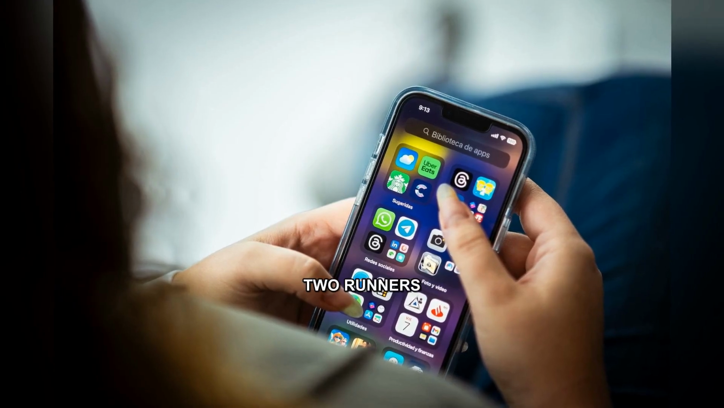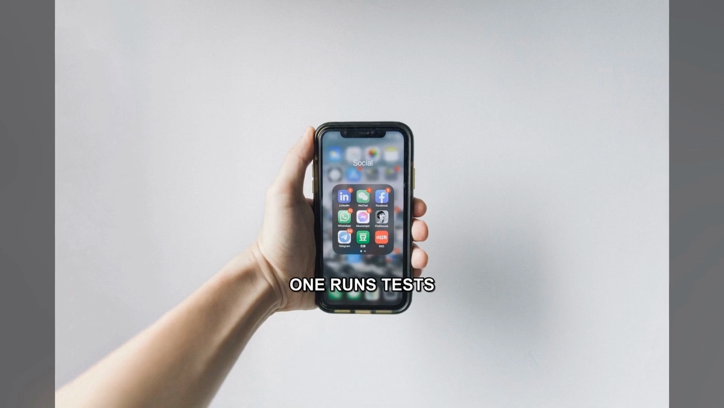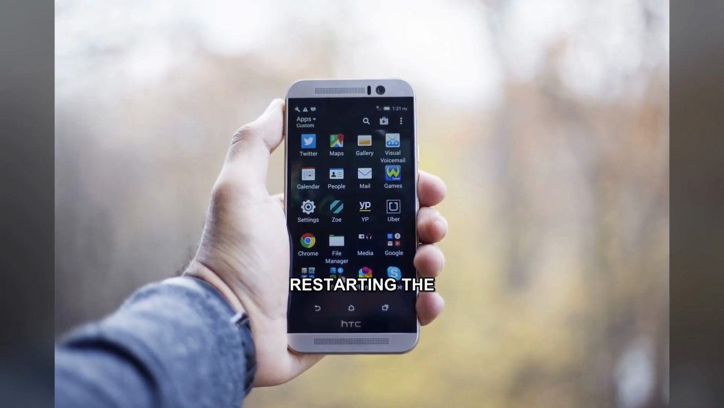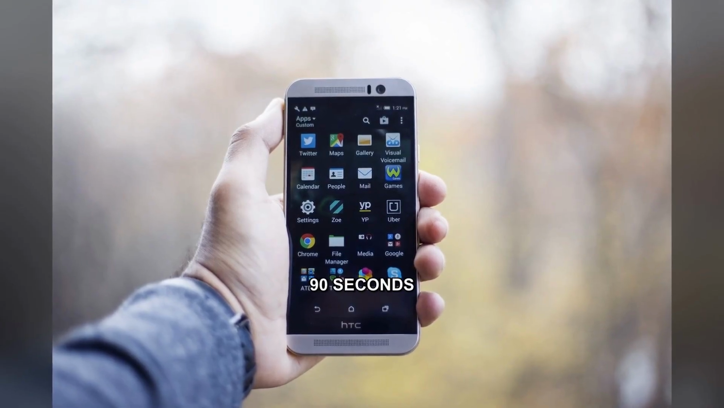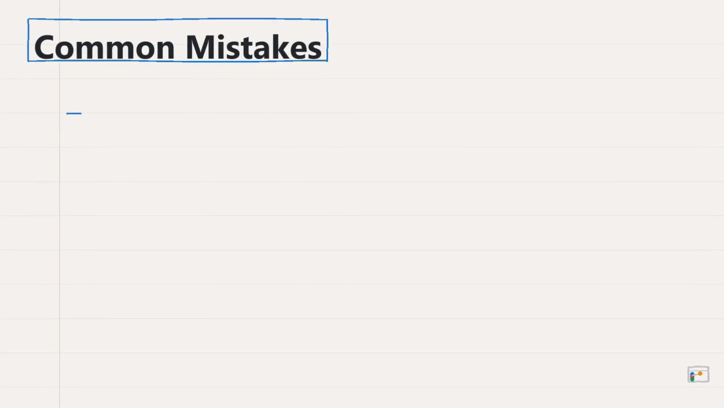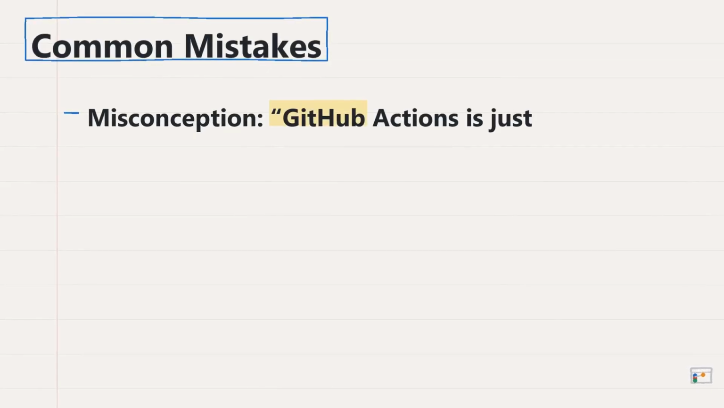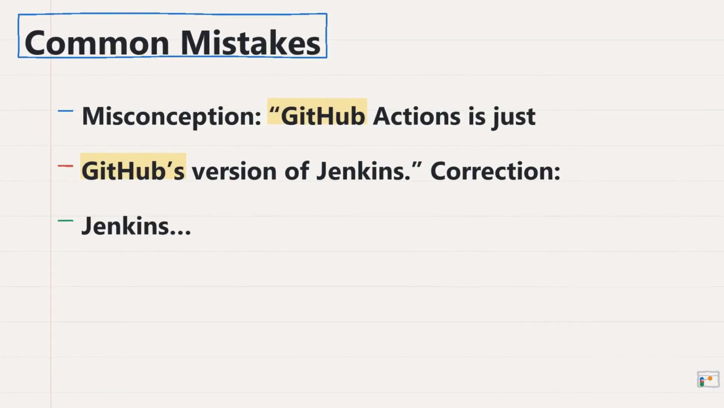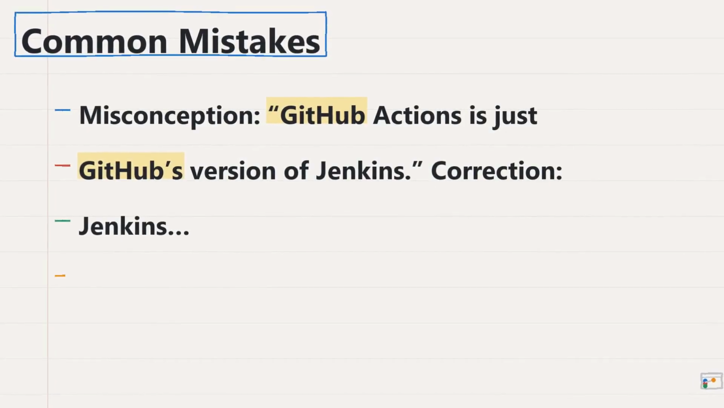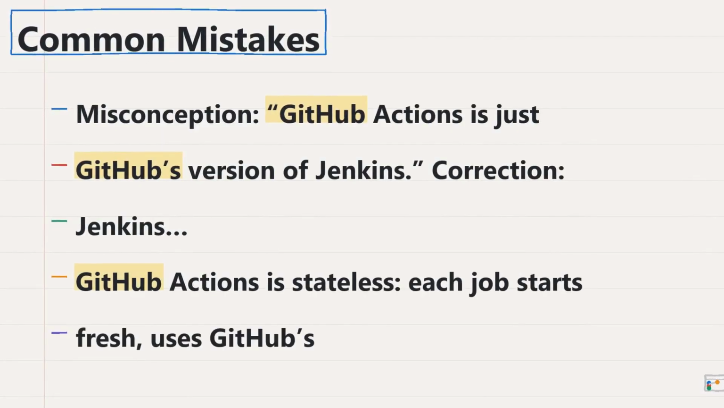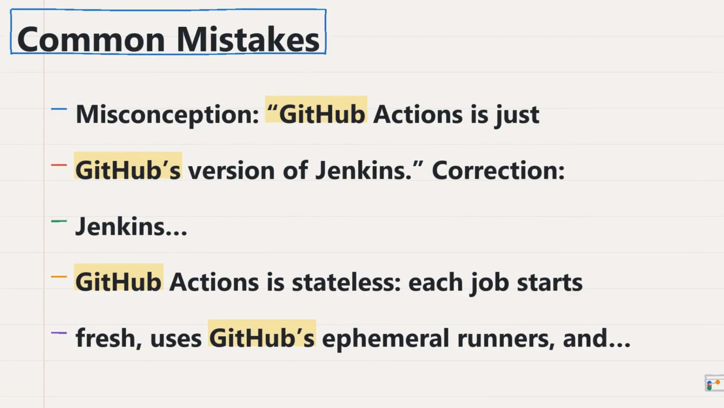GitHub spins up 2 runners. One runs tests, the other downloads the artifact and SSHs in, restarting the API in under 90 seconds. Misconception: GitHub Actions is just GitHub's version of Jenkins. Correction: Jenkins runs on your server, needs manual scaling, and stores state. GitHub Actions is stateless. Each job starts fresh, uses GitHub's ephemeral runners, and scales automatically up to 20 concurrent jobs